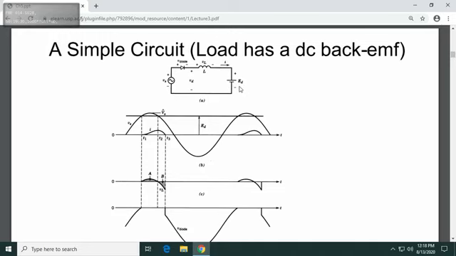So what happens is that this diode does not need to conduct until it reaches which point? This point here. Because from here to here there is enough energy from the battery. The battery has enough voltage, it does not require more, so the diode is not going to conduct.